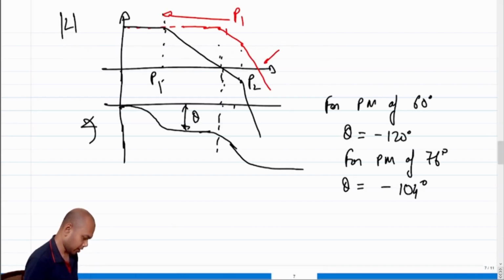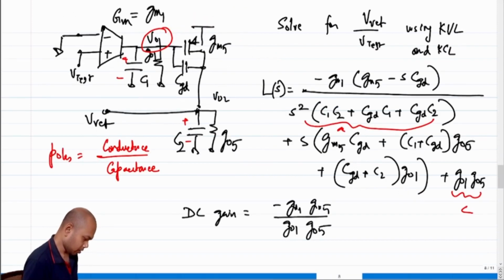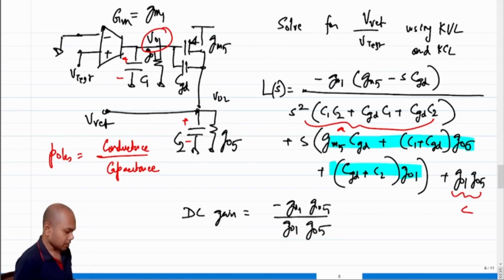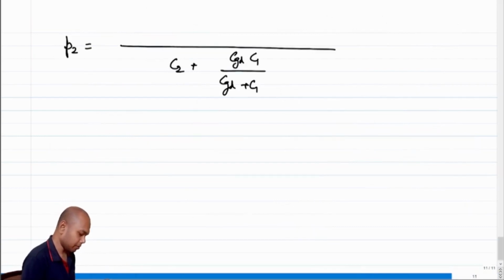So if I go back here, what I'm essentially doing is recognizing the fact that we have this term divided by the A term, right? So we are dividing the numerator and the denominator by C1 plus CGD. If we divide the numerator and denominator by C1 plus CGD, we are going to get this thing in the denominator,